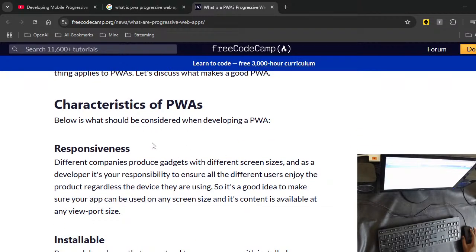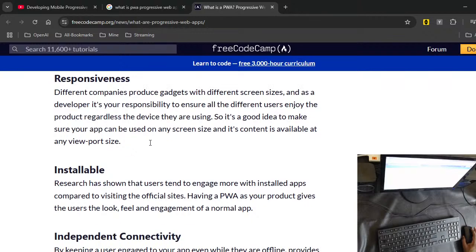Characteristics of PWAs. Below is what should be considered when developing a PWA. Responsiveness. Different companies produce